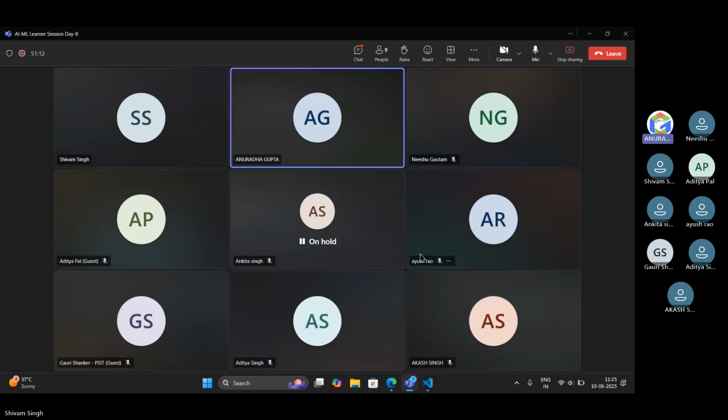Aditya Pal, Aditya Singh, Akash Singh, Ankita is on hold. Ayush Rao, Gauri Shankar, Nishu Gautam. Is my voice coming to all of you? No one is responding.